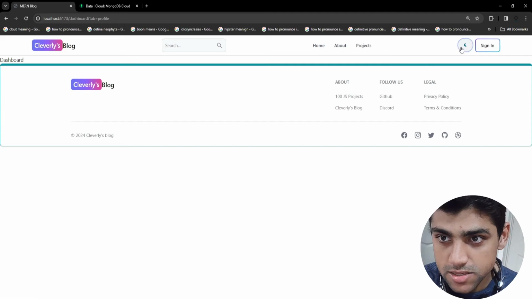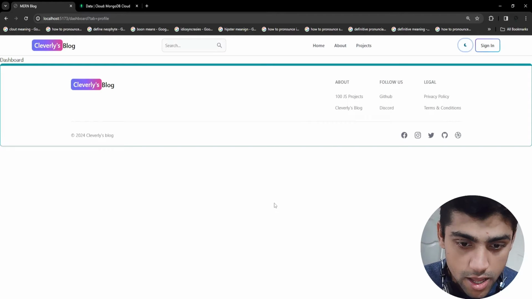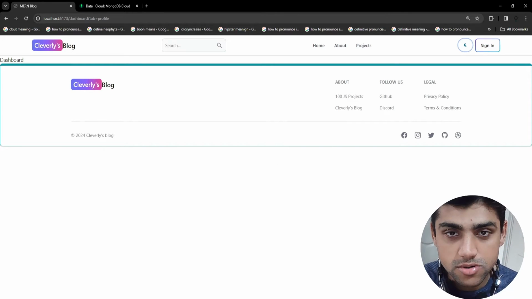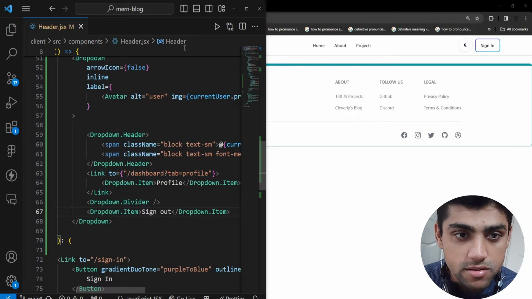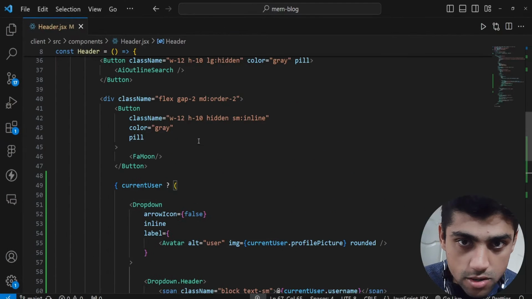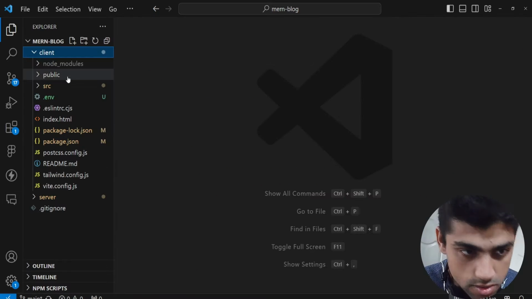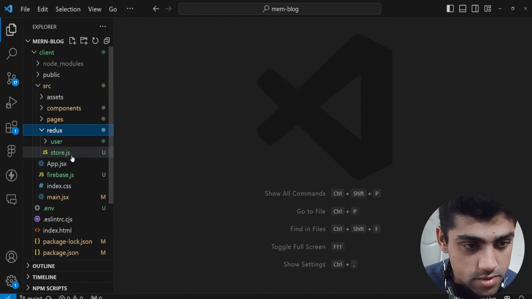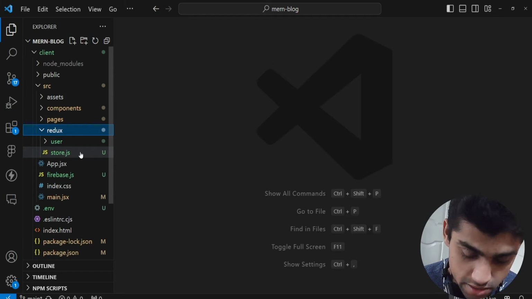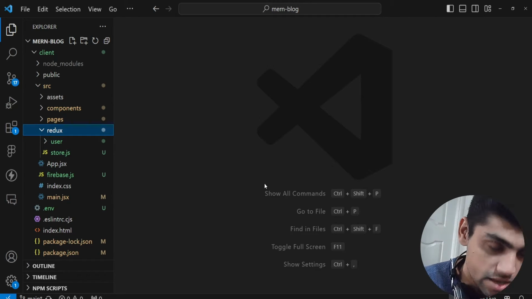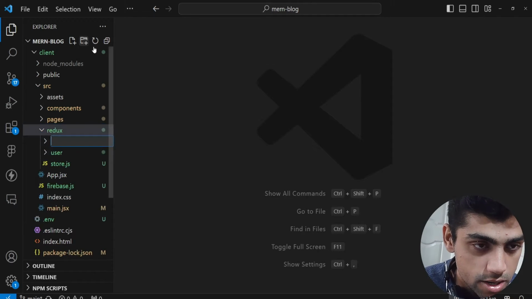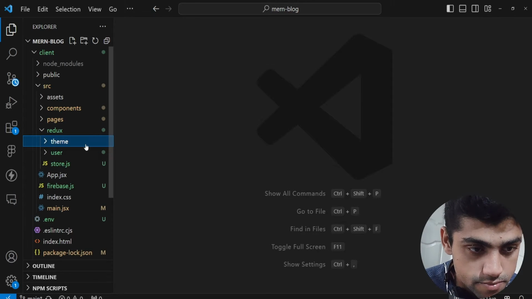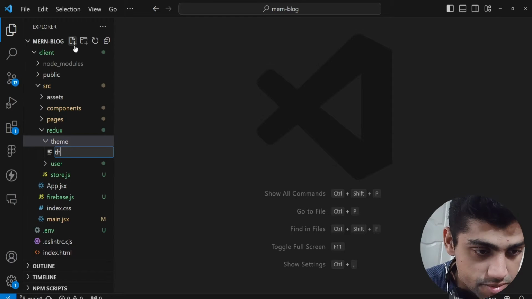Now we want to add a theme to make it dark and light. Okay, so dark and light mode. If we go here in this application, we're going to go to the client, to the source, Redux, and over here, with the user folder, we have to create a folder for the theme. In here we could create a file which is going to be called theme slice